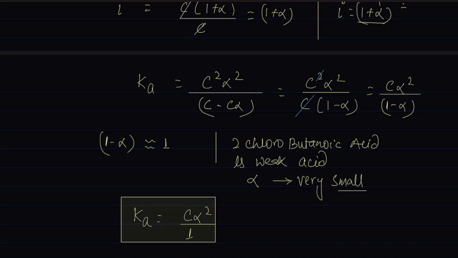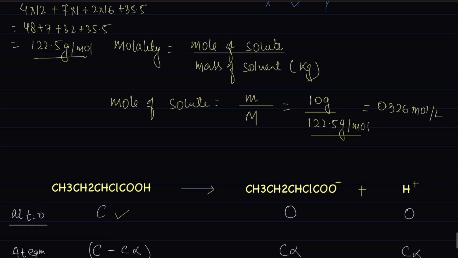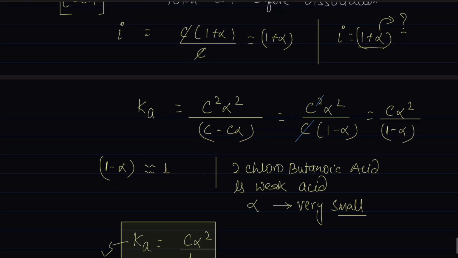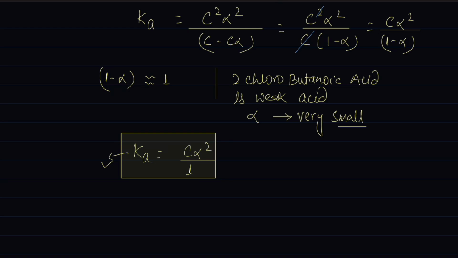So this is our relation. Now in the question, Ka is already given. This is known, so we can substitute the value. Ka is equal to 1.4 into 10 to the power minus 3. So if we substitute it here, Ka as 1.4 into 10 to the power minus 3, C is the concentration, so C into alpha square. So we can find the alpha square. So what is the value of concentration? Here concentration is nothing but the